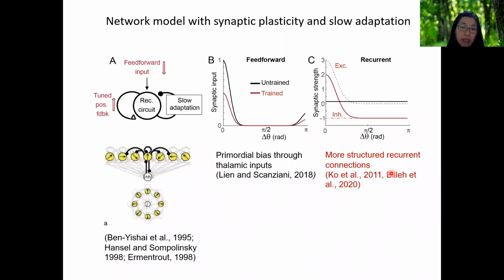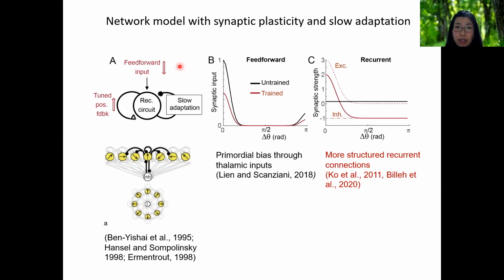So based on these similar activity patterns observed in the ITC, we consider a model which maintains the core features suggested previously, that is a potentiation in the recurrent connection and depression in the feedforward connection, together with a slow adaptation. But now we extended the model such that the network is organized in a one-dimensional ring structure, and each unit has a population of neurons with a different stimulus selectivity, the feature selectivity.